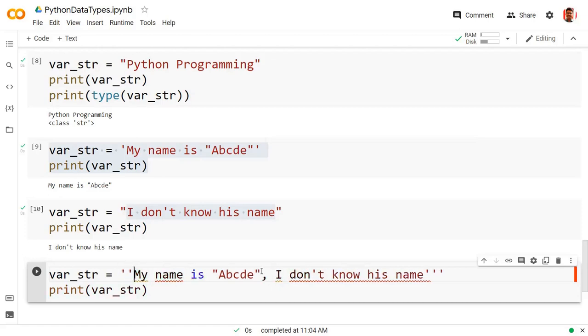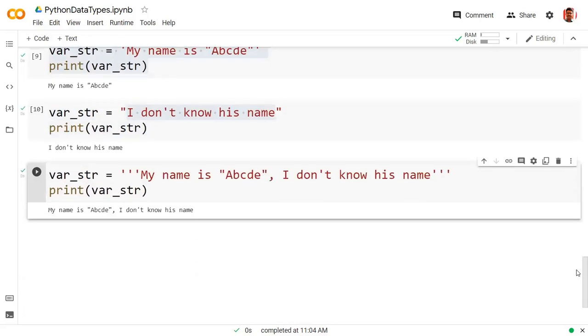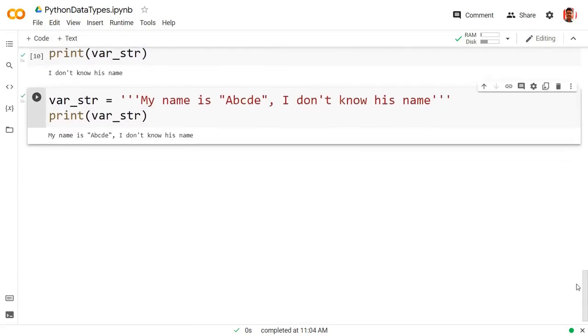On both sides we will have triple single quotes, which will help you to get the output. So this is all I will say, in very brief, about your standard data types. Those are integer, float, complex, boolean, and string.